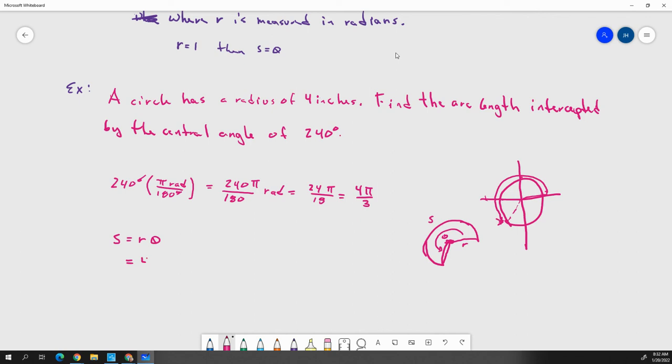So all we have to do now is multiply 4 times 4 pi over 3. And we wind up with 16 pi over 3 radians. It's actually inches now, right? Because we're multiplying it by 4 inches. Can you convert that into a decimal? Yeah, you could. You could just pop this in the calculator and you'll get approximately 16.76